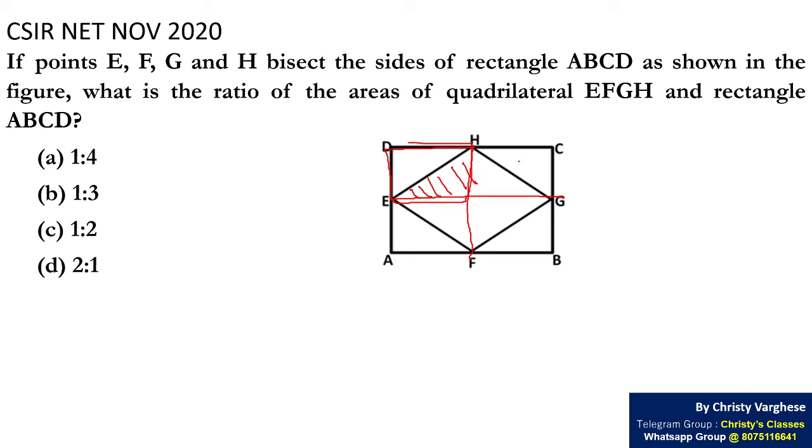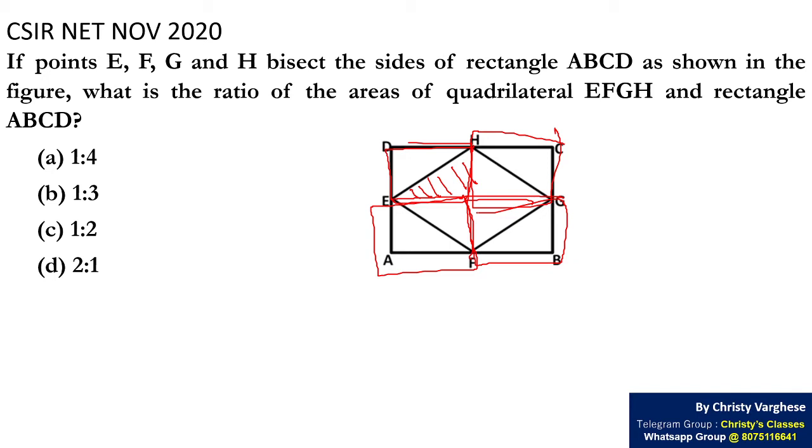Now, the first rectangle also, that is correct. In the second rectangle also that is correct. Third rectangle also that is correct. Fourth rectangle also that is correct. So if you combine them, all the 4 rectangles together will make the full rectangle.